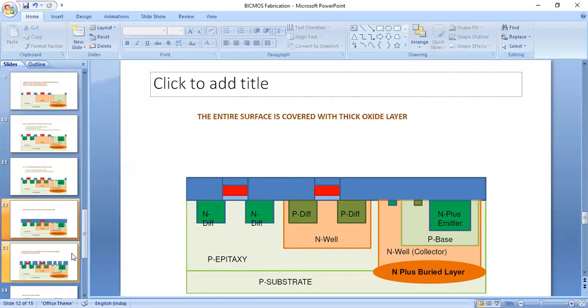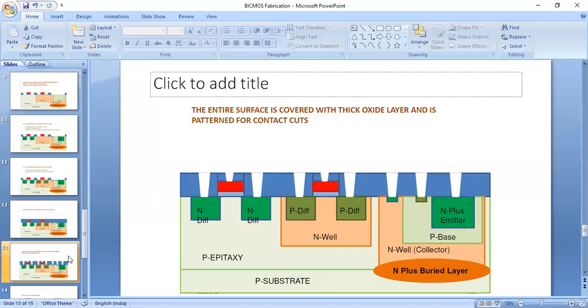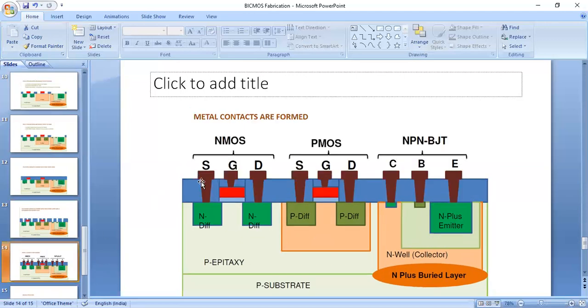Okay. So after finishing this, we are able to etch the portion of the thick oxide layer. And then here the aluminum is going to be poured to create the terminals. So that we'll get the terminals like source, gate, drain for NMOS.